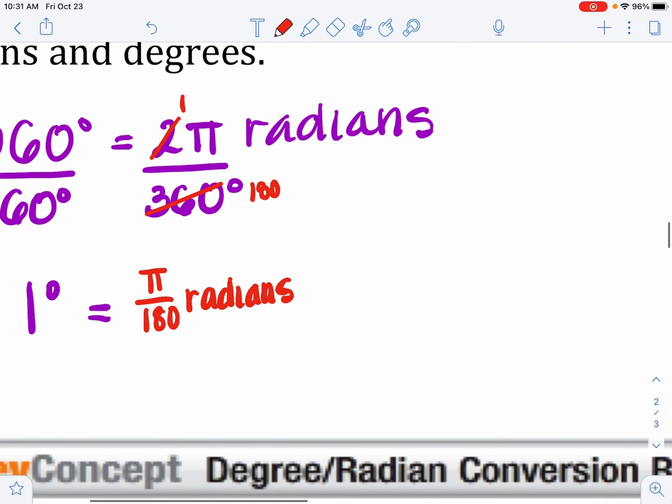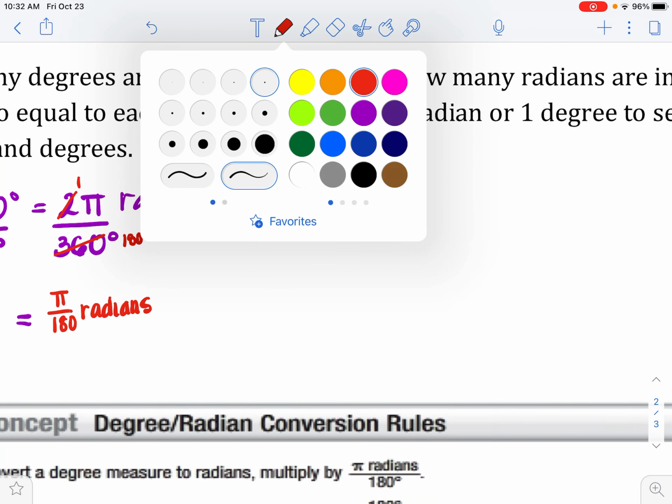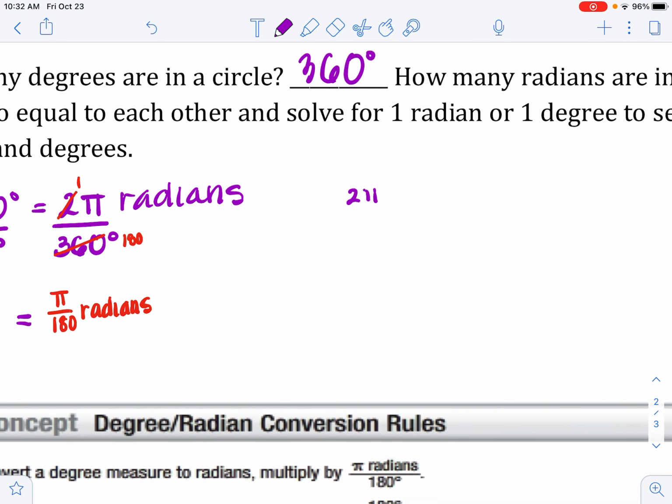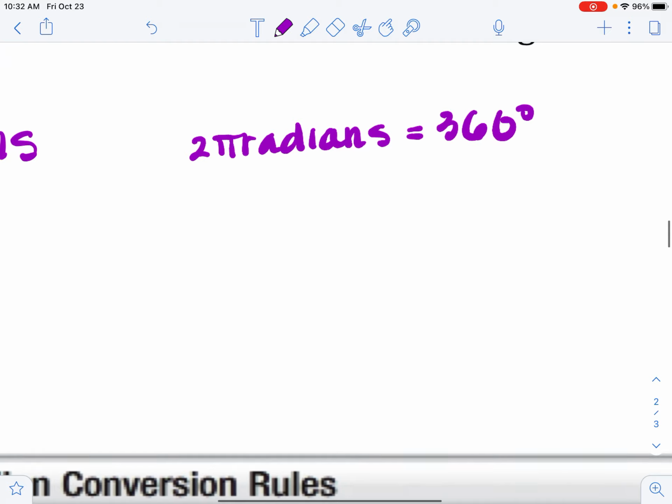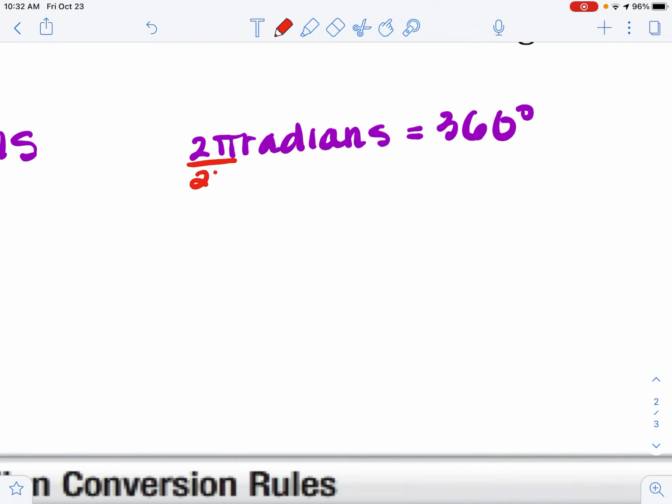Okay, so that's your conversion. And then vice versa, I'll write 2 pi radians on the left side because I just like having that, equals 360 degrees. So now if I wanted to solve for 1 radian, how do I get 2 pi radians to be 1 radian? I divide by 2 pi. So divide by 2 pi, divide by 2 pi. The 2's cancel, the pi's cancel, you're left with 1 radian